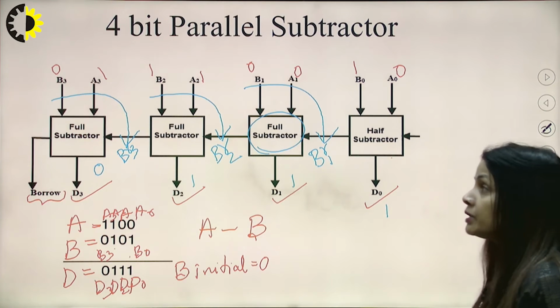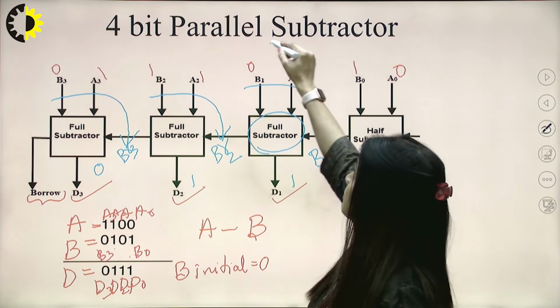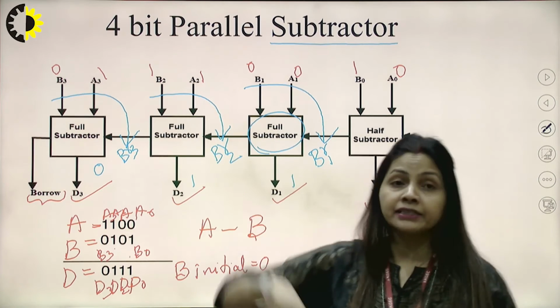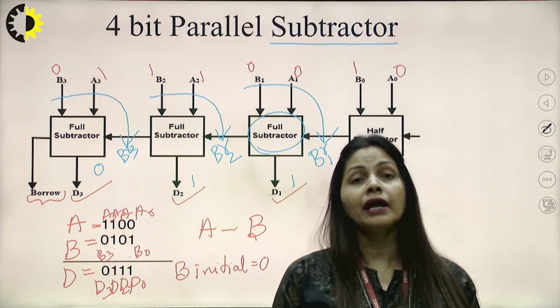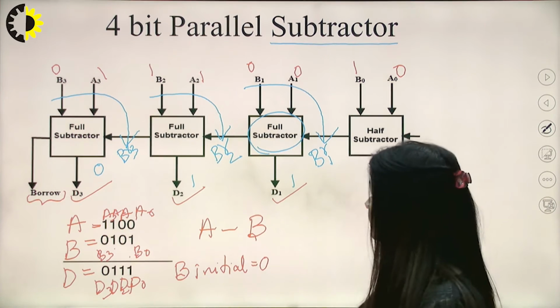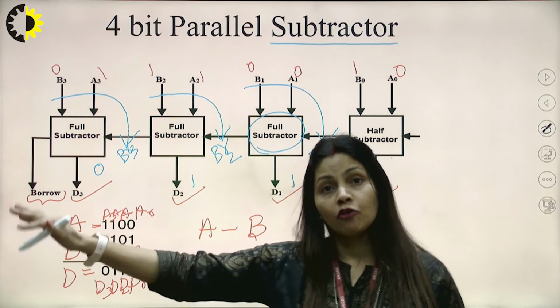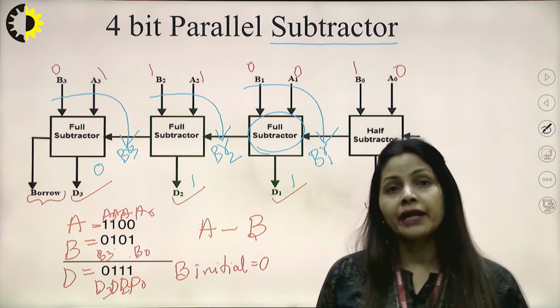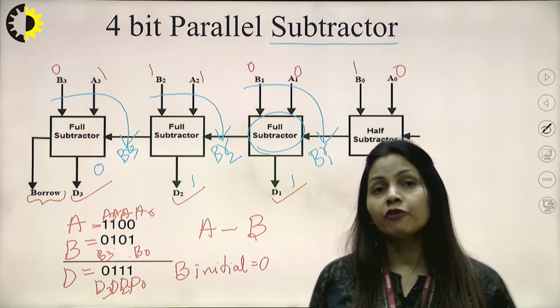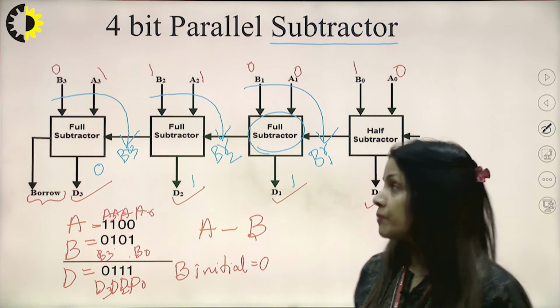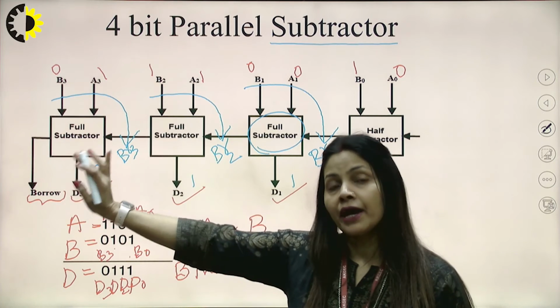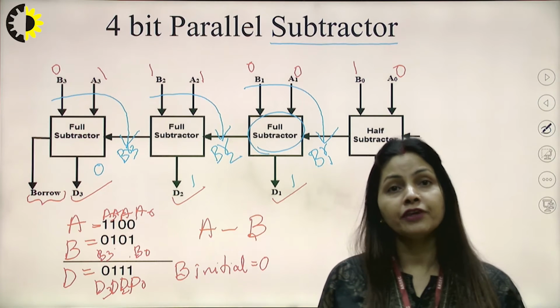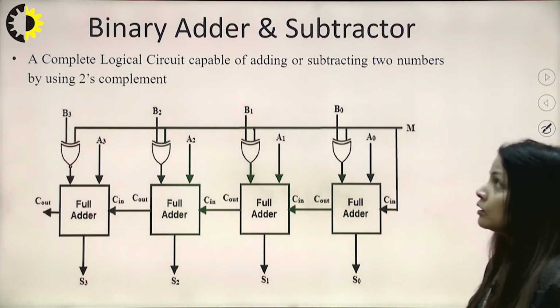Similarly, if you replace the subtractor by a full adder, then we can get the 4-bit full adder circuit also. So the subtractor and adder circuits for 4 bits are easy, but the module will be the same as we have already discussed in previous videos. Now, one more